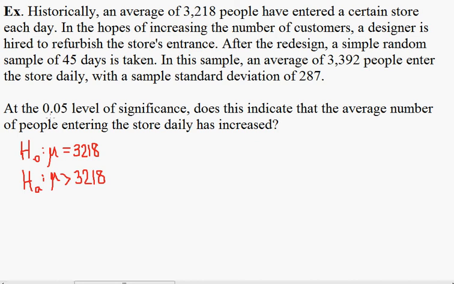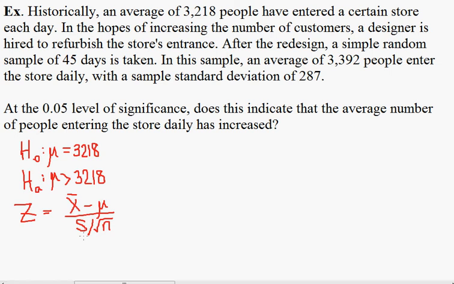The next thing that we do is work with the test statistic z, and the test statistic z from the central limit theorem is going to be equal to the sample average minus the mean divided by, well, it should be sigma divided by square root of n. According to the central limit theorem, this will follow the normal curve. In our problem, we do not have sigma. What we do have is the sample standard deviation s. And because I have a large sample, a sample of size at least 40, in this case 45, it is safe to approximate sigma by s.